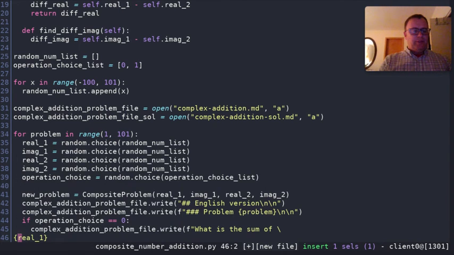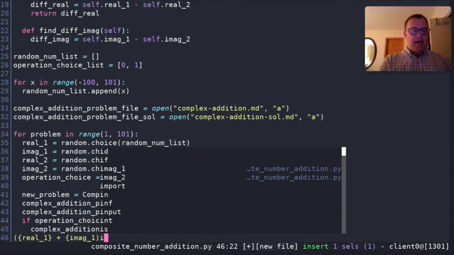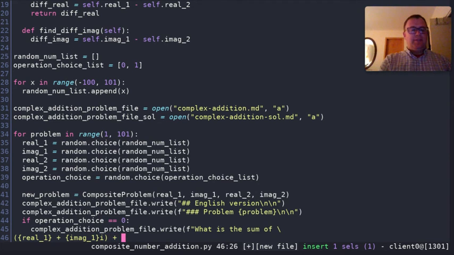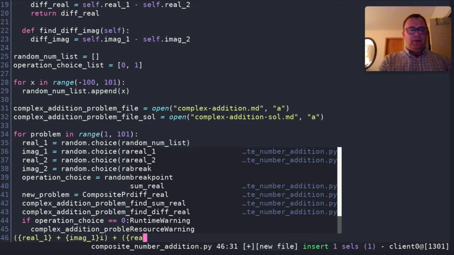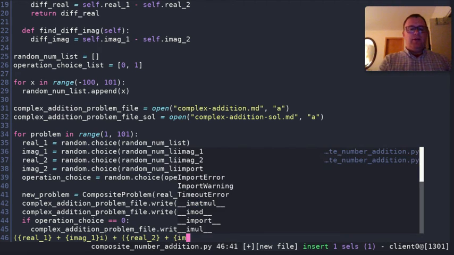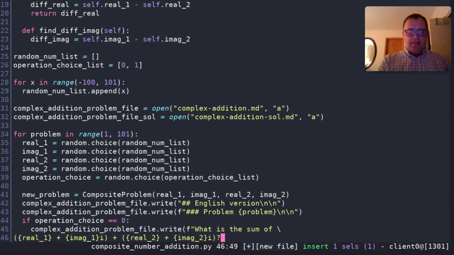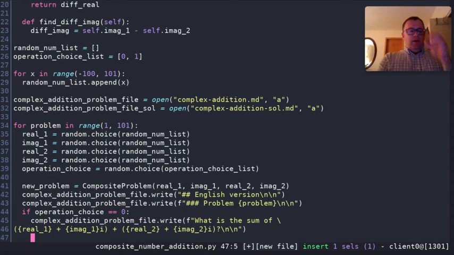We want to do this in parentheses too. So let me put a parenthesis in here. And then we'll have plus imagine underscore number 1 times I, close out the parentheses, plus, then we'll pass in real underscore 2 plus imaginary underscore 2 I, and a question mark, and then \n\n, and that'll be good for that. Okay,